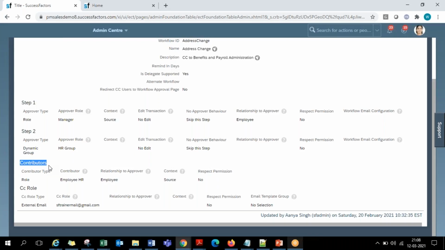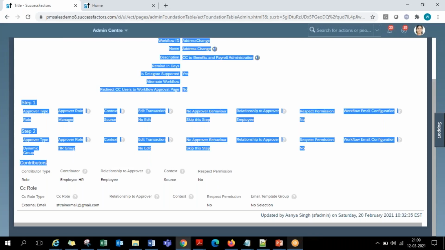They can see who triggered the workflow, to whom it went for approval, what comments were given by different approvers as of date, who approved it, who rejected it, everything they can see, and they can also give comments. As a contributor, they can give comments and recommendations on the workflow, but they cannot actually approve it. Either approval or declining, they can't make the decision, but they can give suggestions to the actual approvers. They see the entire data.